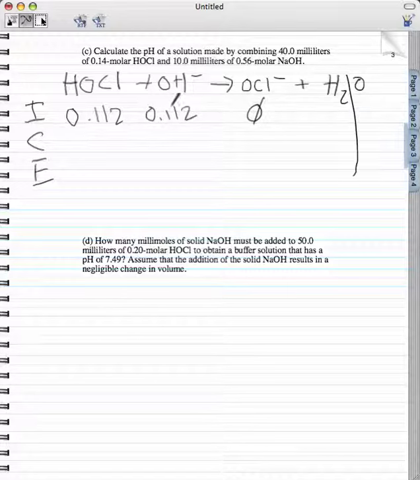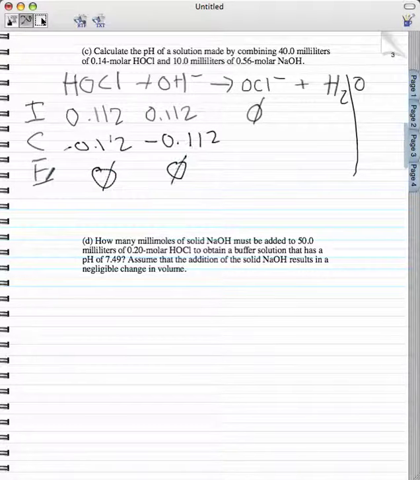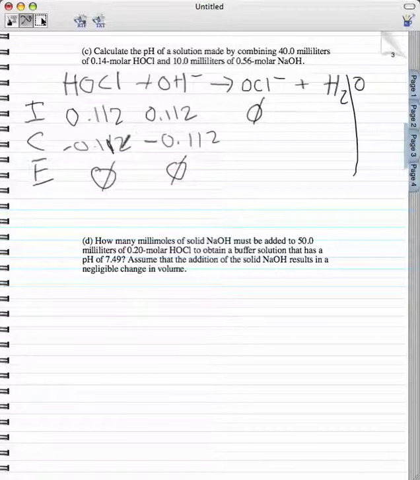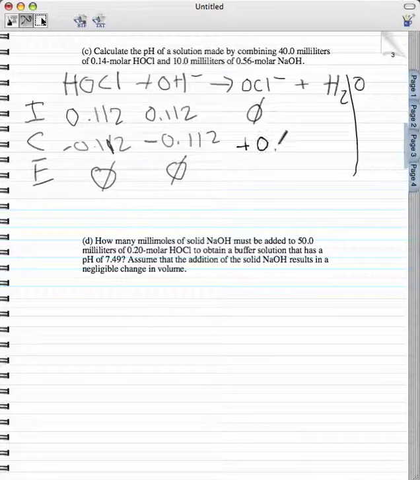And so for our change, we really don't have a limiting reactant in this case. Both of these are going to be the same. So we're going to end up reacting the 0.112 to a point where we have none of this after this reaction is done. I know this is not really an equilibrium kind of thing, but it's just helping us keep track of this information. OCl minus, on the other hand, when we neutralize each one of these, it's going to be 1-to-1 here, so we're going to produce the same amount. So for our change, we're going to end up with 0.112 molar